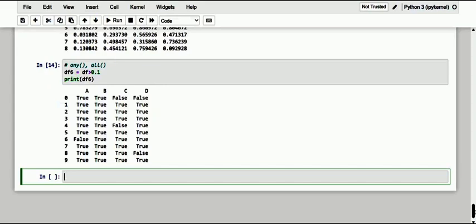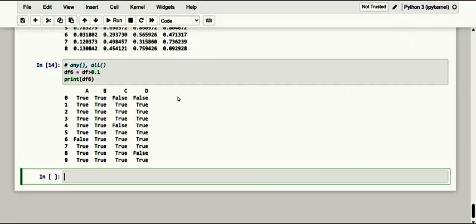And a reduction method can be applied to this data frame, such as all. The all method tells us whether, within each column, all the values meet the requirement. Kindly note that all should be true.